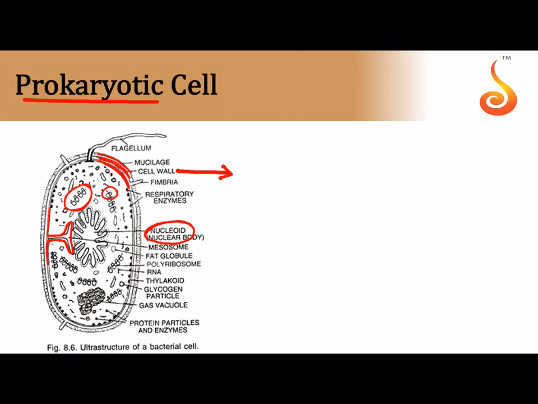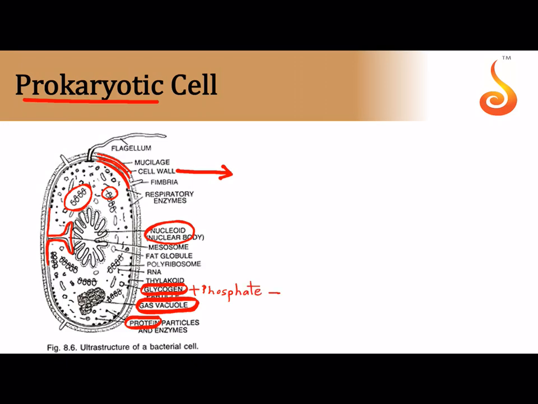They also have ergastic substances or inclusion bodies. Inclusion bodies are storage substances. Like you can see here there is a glycogen particle, glycogen droplets are there. Some forms exhibit a gas vacuole. A gas vacuole is not covered with a membrane, or it may be covered with a non-unit membrane, and these gas vacuoles usually help in providing buoyancy. Then you have protein particles. Along with these glycogen particles, in some of the bacteria you may also find phosphate granules.